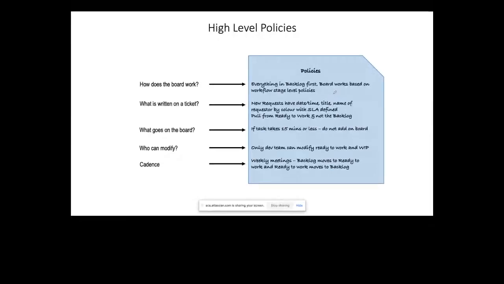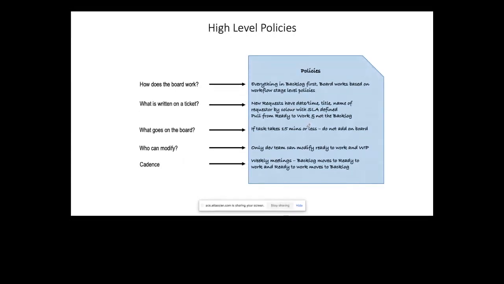The board works based on the workflow stage level policies. A new request needs to have a date, time, a title, name of the requester, color coded with SLA defined. Pull from the ready state to work, and not the backlog. If the task takes less than 15 minutes, we don't need to add it onto the board.